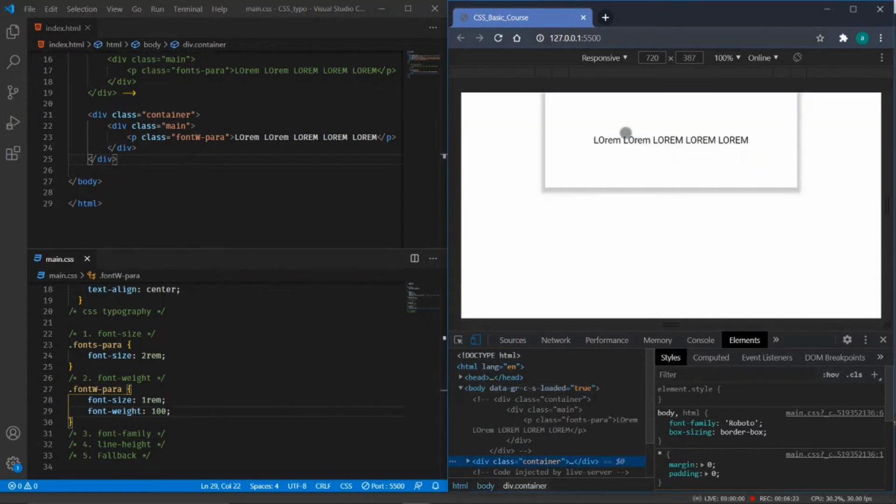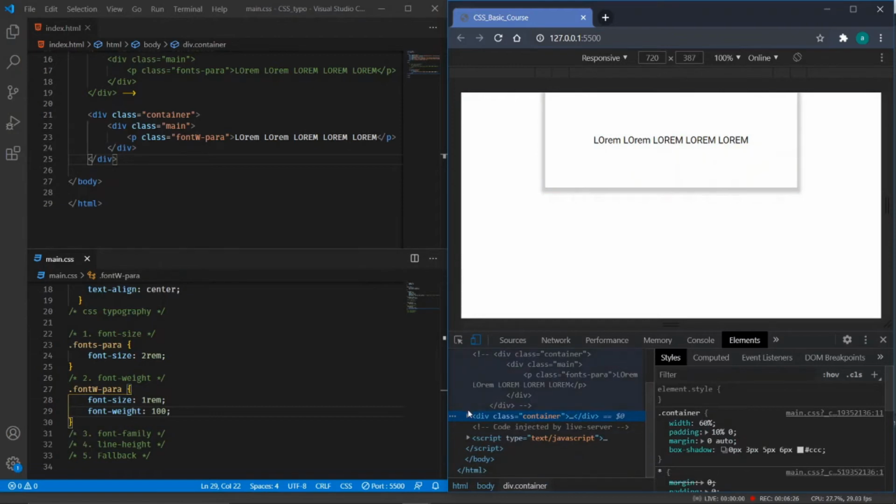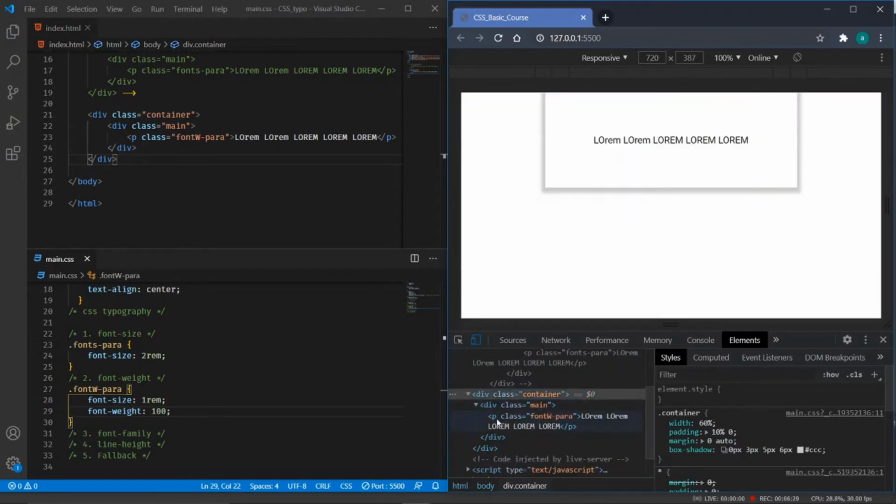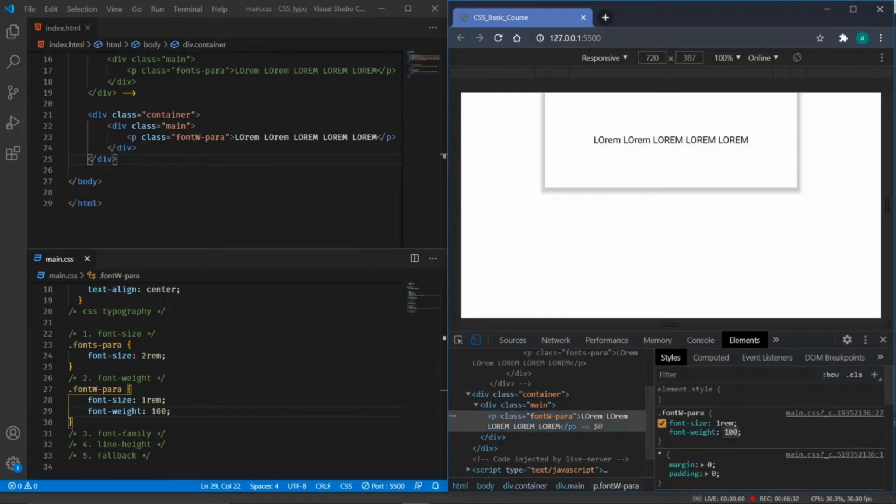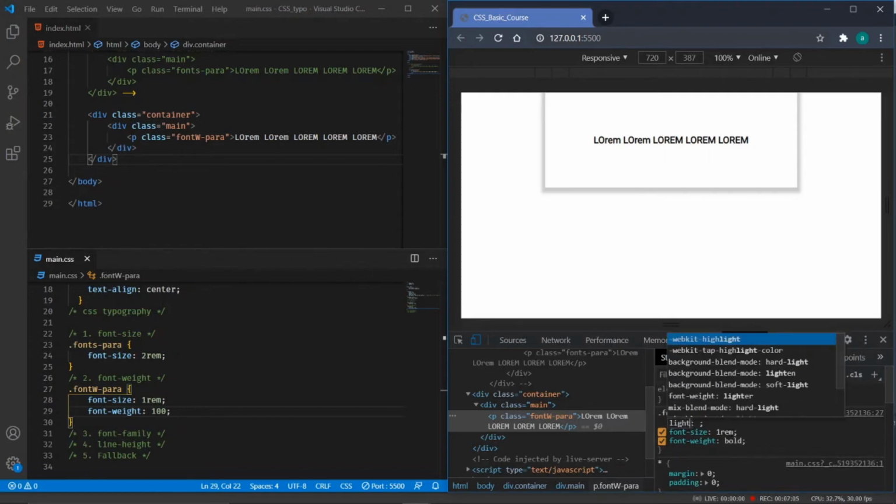Targeting this particular section, I will play around in the developer tool. I will increase the font weight to 900. You can see that this is getting bolder. Reducing it, it will reduce: 600, 500, 400. You can see the 400 is a normal one that we already have, the default. We can have the default values like bold and bolder. This is the bold one. We can have bolder also. We can also have lighter.